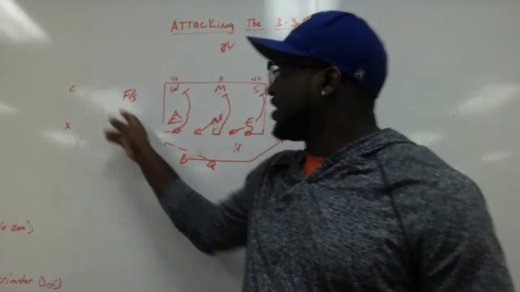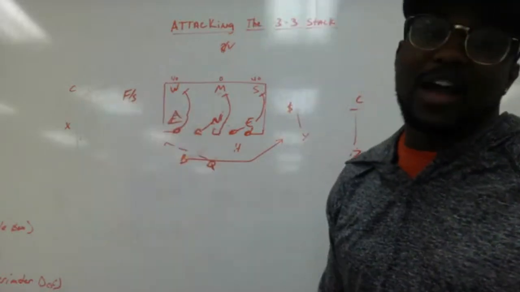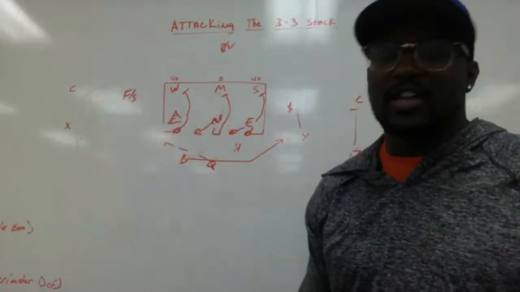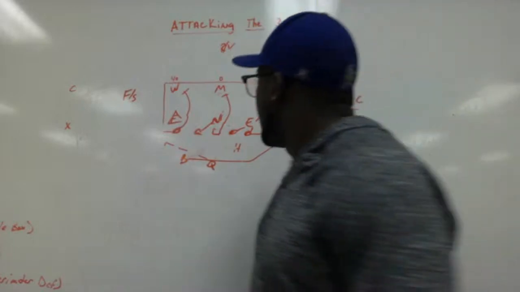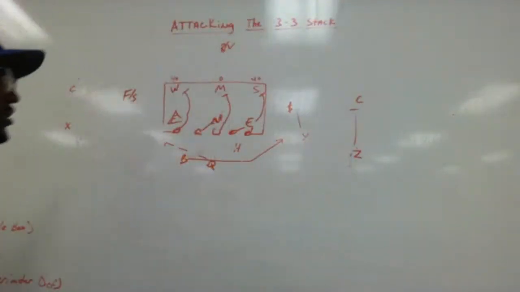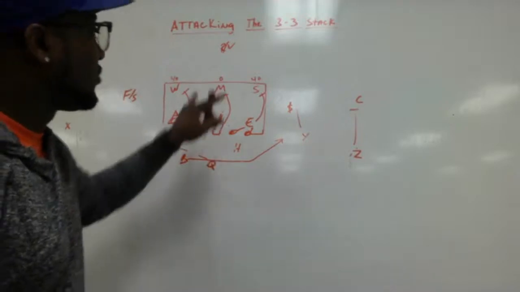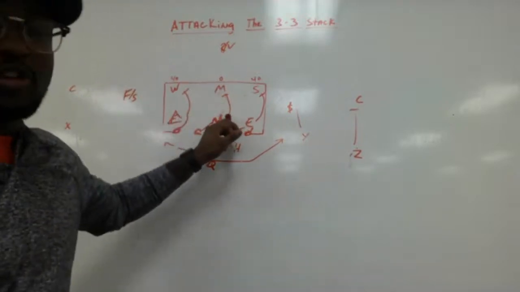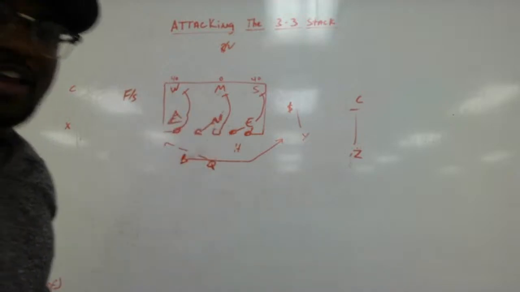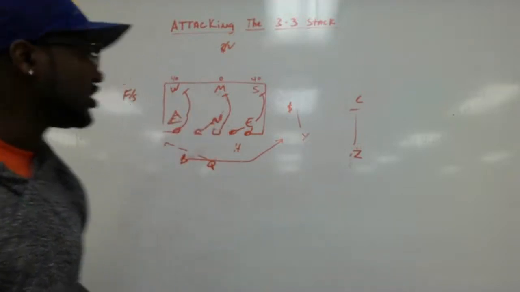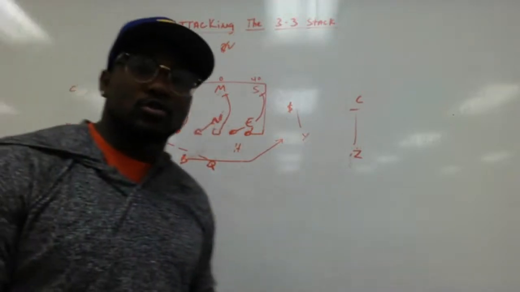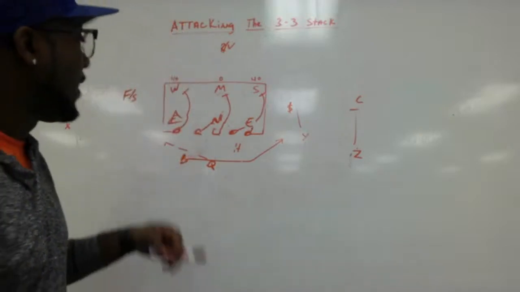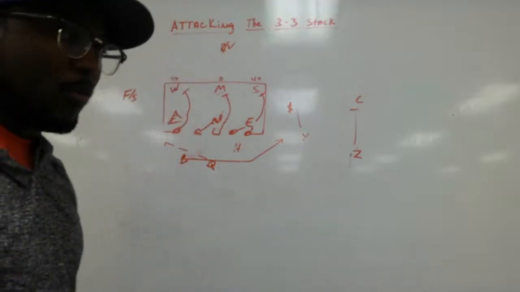If they run something like this, in essence, they'll have the free man coming off the backside edge, which, if we run into the play side, is out of the picture either way it goes. So those are just some things that can pretty much neutralize this defense if you do it effectively. Like I said, hit the trenches hard. Hit that B gap hard, gash them in the run game, gash them in the trenches. Find out who's the most physical specimen in them trenches, and from there you'll have more advantage